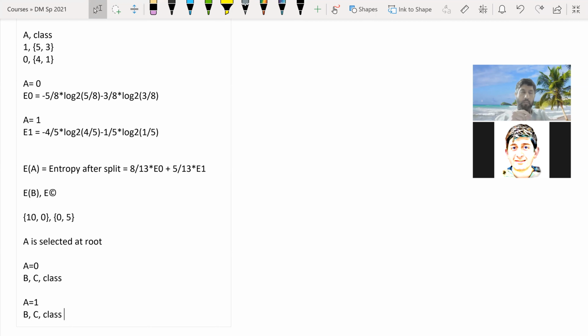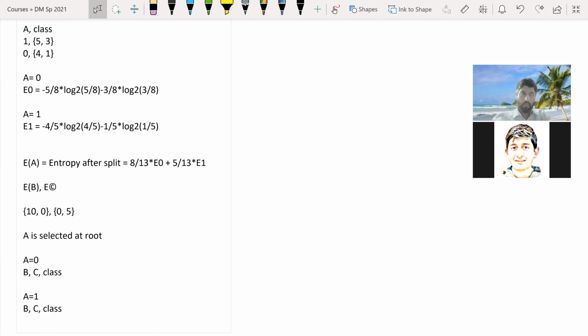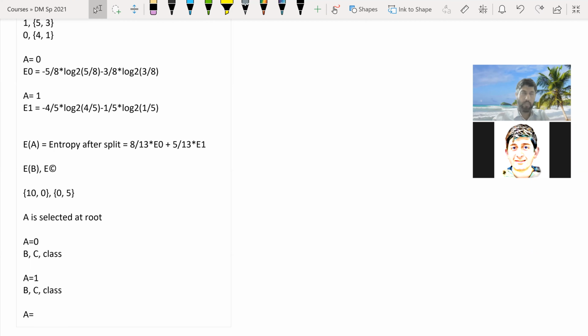ठीक है? So that's why we call it divide and conquer. So we have greedily selected the root. Now we go down a path and then greedily select the next node to decide upon. So let's say if I take the left path, A is equal to 0,